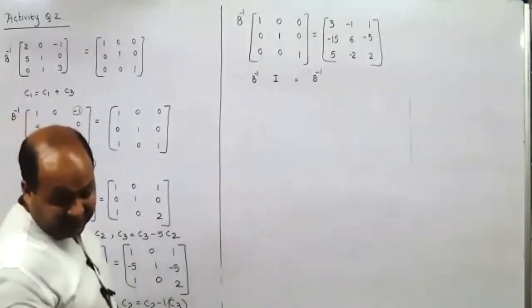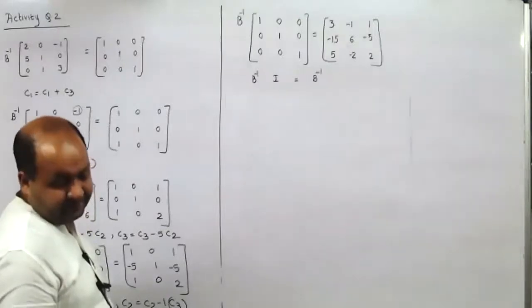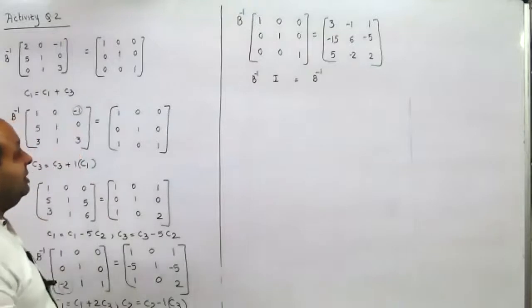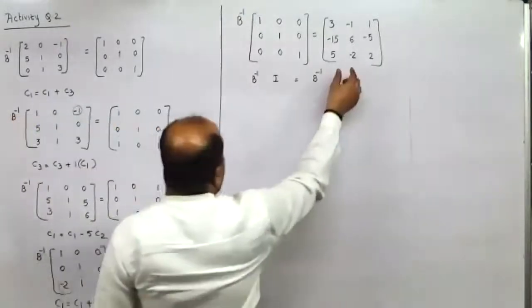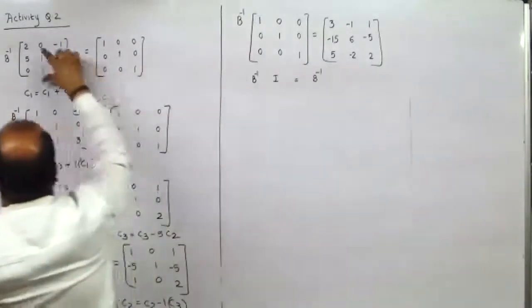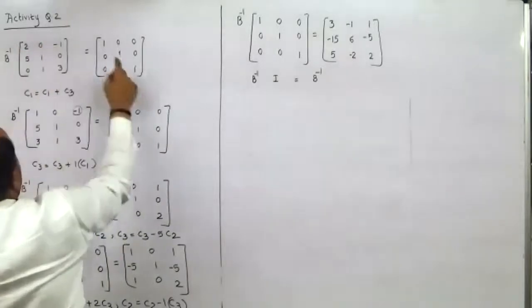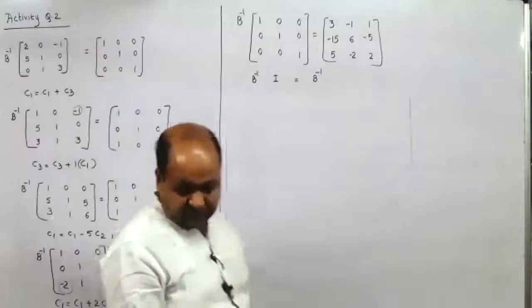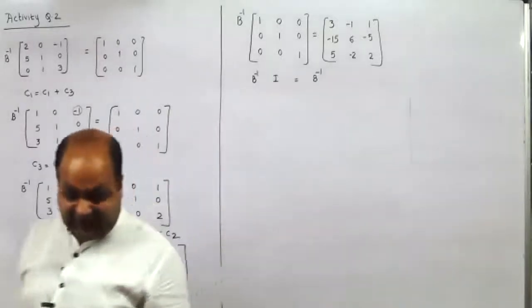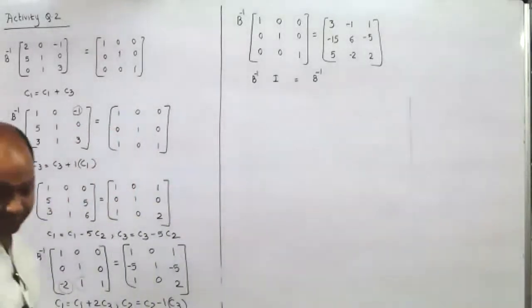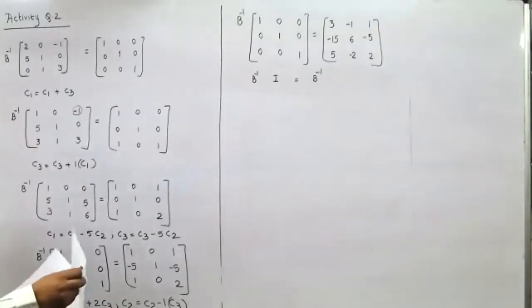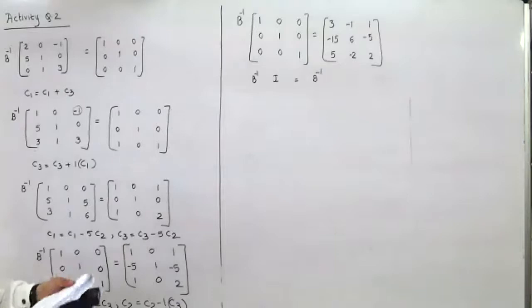Smriti, can you check the values? So they are correct. Yeah. In fact, the way to check it is, this is B inverse. When you multiply B inverse with B, you should get I. If this into this is I, then you are right. That is the verification part which they have given below. Next.